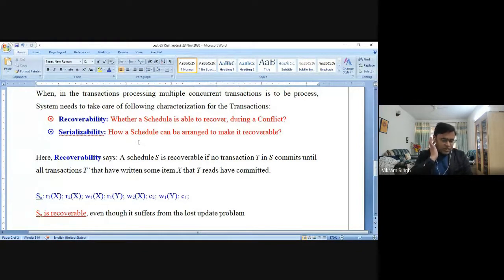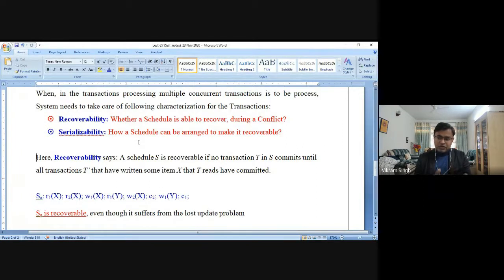It simply indicates that, suppose in a system we have two transactions T1 and T dash. You need to see when to commit a transaction, when to complete a transaction, and take care of that. That's why we just discussed placing a commit point. Commit points are now important. You cannot commit a transaction arbitrarily.